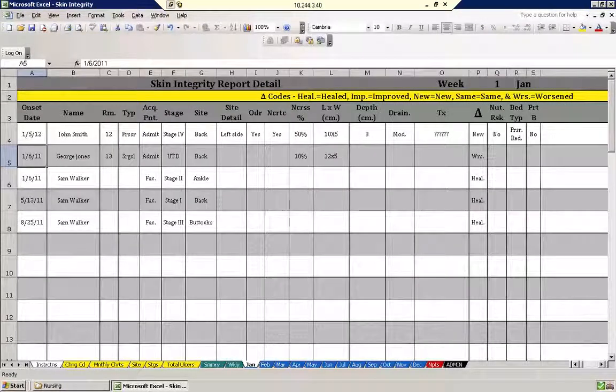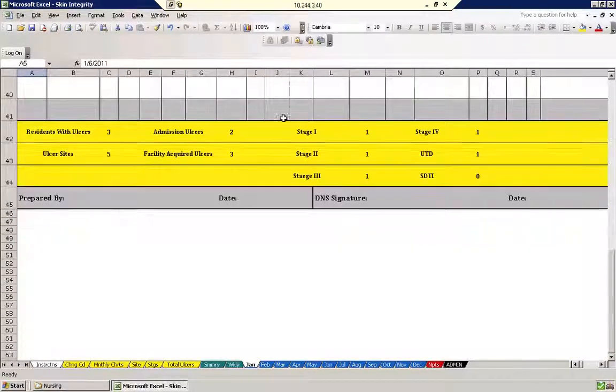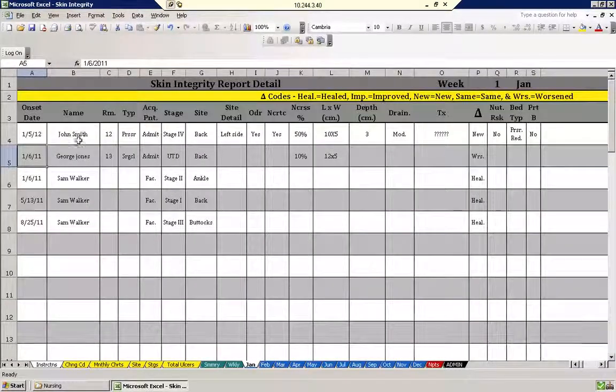So over here I've added a little bit more data so that I can show you the bottom of the page, or the worksheet. So here we have a very quick dashboard. We see we have 3 residents with ulcers. Just to show you, we have 1, John Smith, 2, George Jones, and 3, Sam Walker. Sam Walker happens to have 3 different